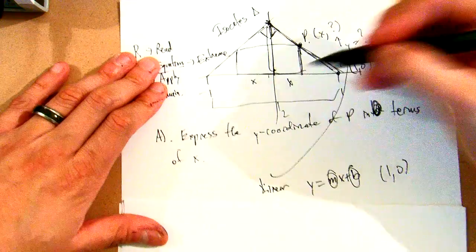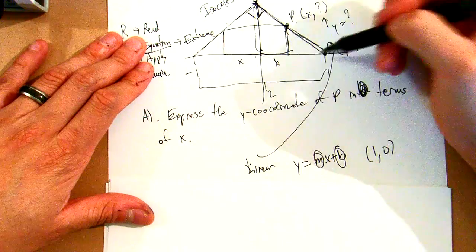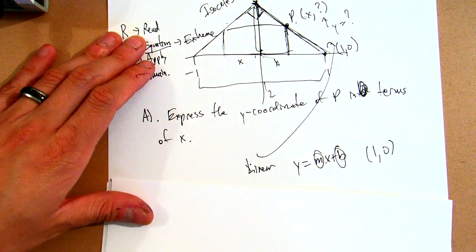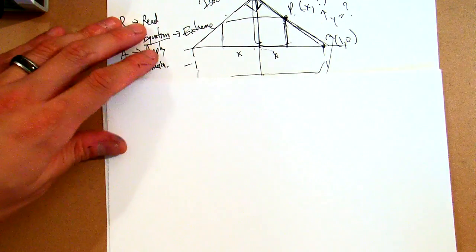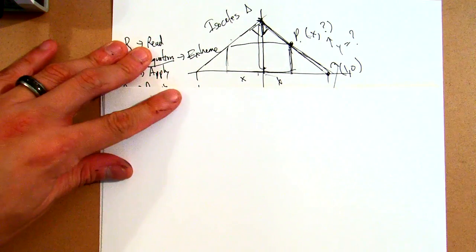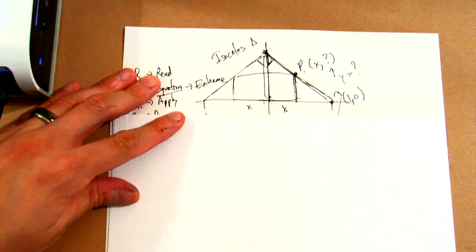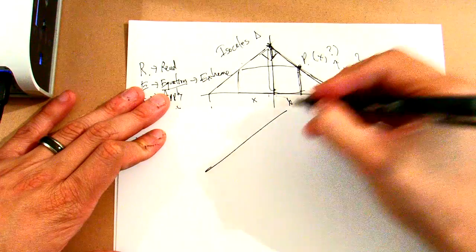And then once we do that, we're going to find the slope by the rise over the run, and then we'll be able to figure it out. To do so, we need to draw this picture again because it looks kind of convoluted in its current form. So we're going to go ahead and do that now. So if I redraw this picture,